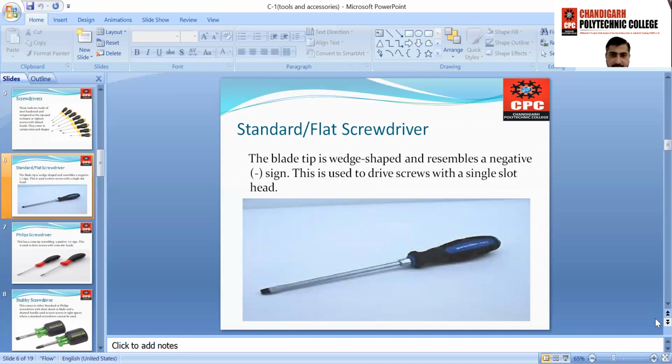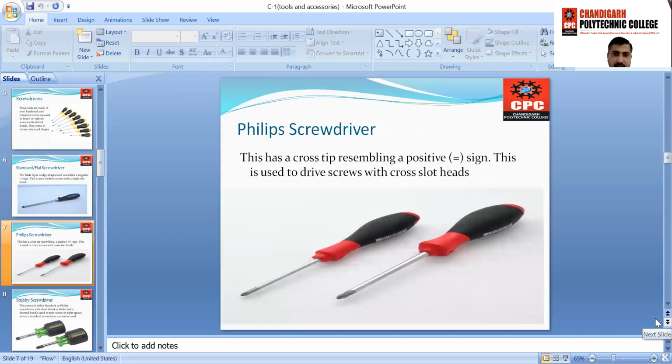A flattened head is given on its tip. The next one is the Phillips screwdriver. This has a cross tip resembling a positive sign, and is used to drive screws with a cross slotted head. The cross slotted screws are loosened and tightened with this star pointed head screwdriver.